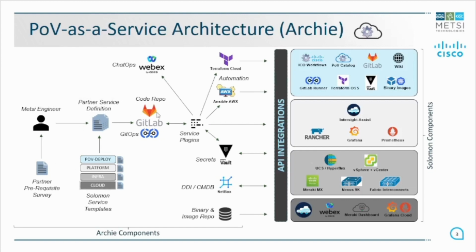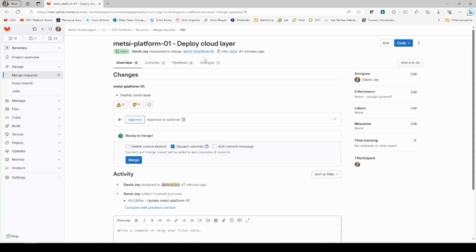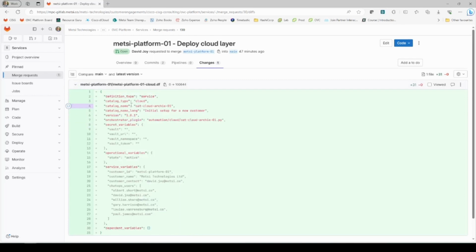This then gets committed to the code repository, which in this instance is GitLab, and that creates a merge request. So you can see here, this is our merge request. We have one file that's changed, and this is to deploy the cloud layer. You can see here we have the customer ID, which is the unique reference for the customer on the platform. We also have the customer name from the prerequisite survey, along with the customer contact and a list of ChatOps